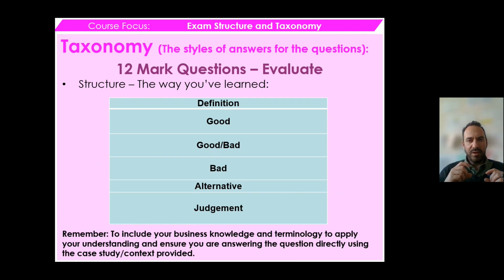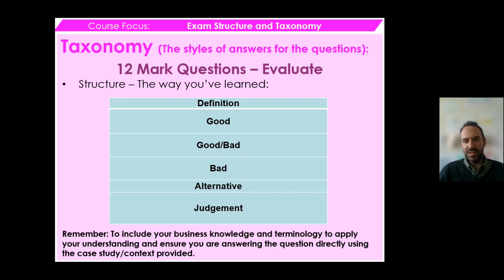So your first, which can be a really short paragraph, is your definitions. Then your first area of the argument, you do a good, then you'll do another good or a bad, and then you'll do a bad. So it's either good, good, bad, or good, bad, bad. They're your 3 paragraphs. The idea is that they're still all BLTs. Once you've made them, you then make an alternative, so something else that you consider.